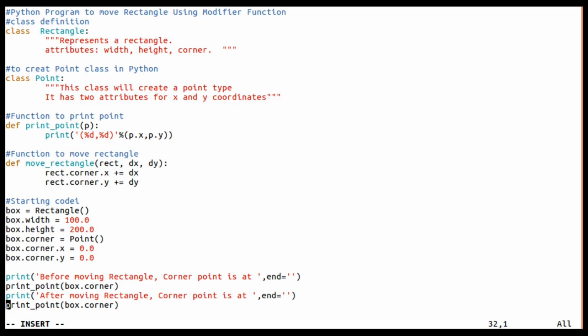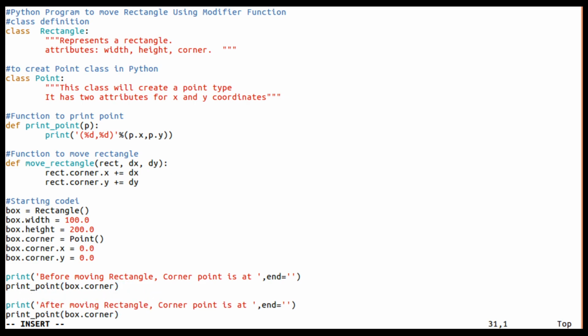We have not at all called the function. We should call the function, which is move underscore rectangle. This is a function which will take a box parameter, and dx and dy have to be specified.